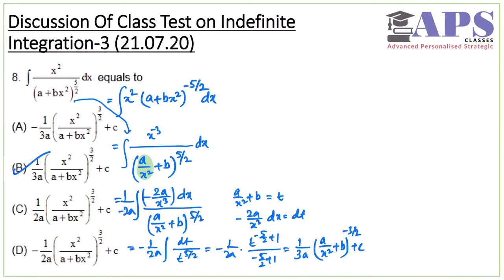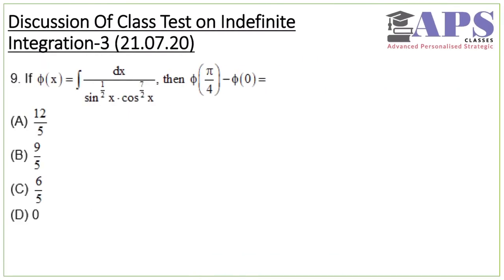Let's go to the next question. In this question, we have sine power half and cos power 7 but in the denominator. So we have to use in terms of tan and sec. So for that, what we do is we write here in terms of tan. So I multiply by cos to the power half x in the numerator. Denominator also will become cos to the power, if I take half, so it will become 4x this.